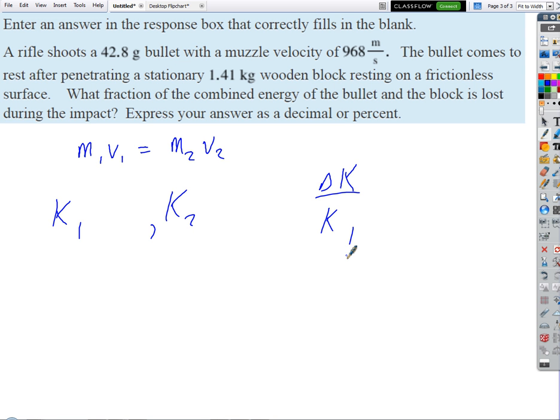So change of K, you can put it in K1 as a decimal or a percent. Wait, so that equation you just wrote down is a percent? Well, that's just a fraction, but you write it either as a decimal or a percent. Say we lost 750 joules. We started off with 1,000 joules, well, that's equal to 0.75 or 75%. If I want to write it with a percent sign, it's fine. Either way, 0.75 or 75%, okay? You have to put three significant digits.